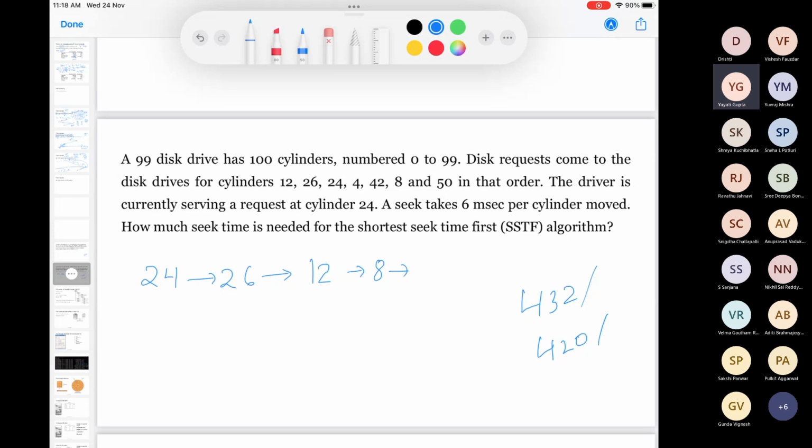And then 8, and then 4, and then 42. Can you now compute it? 396.